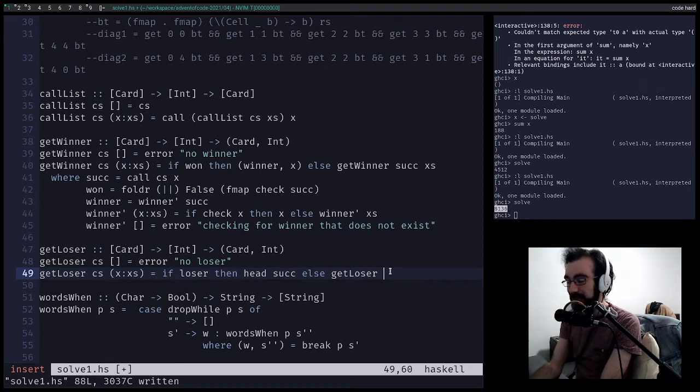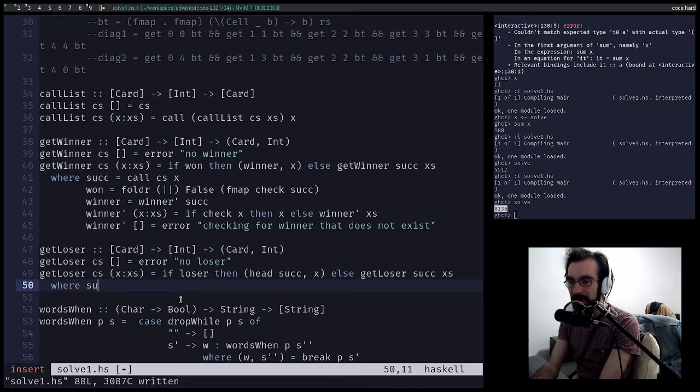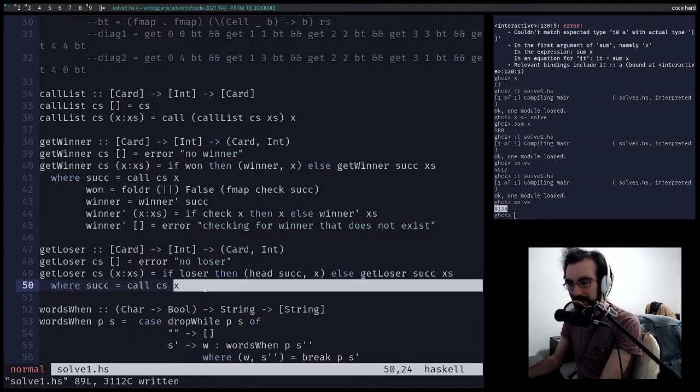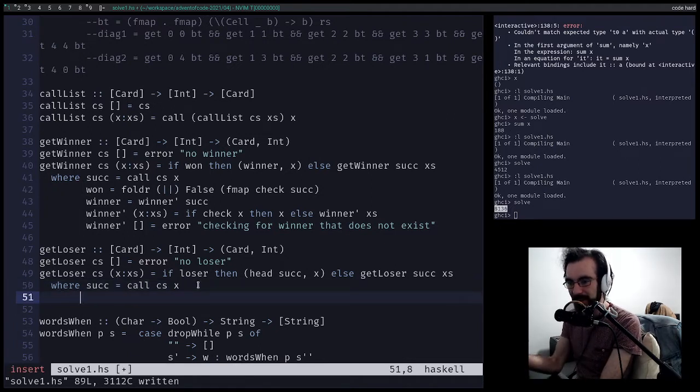Otherwise, we do this recursively for our successor state and for the next number that's called. Except, again, we need to actually give back the number that was called. And in this case, it's x, right? Where our successor state is the result of calling this number x, right? So this is like the next round, the next number's been called. And